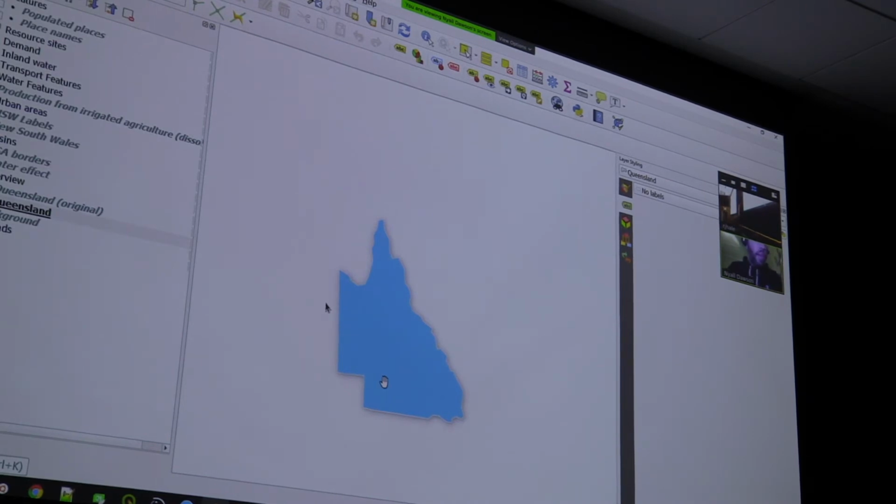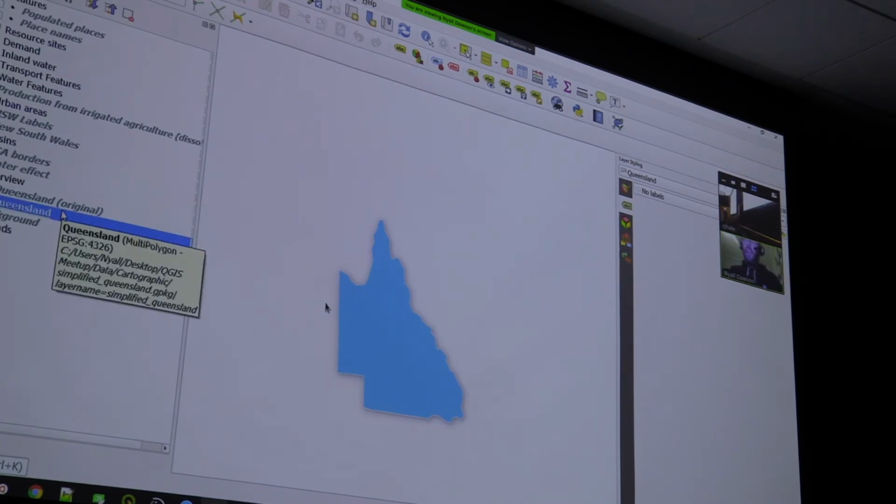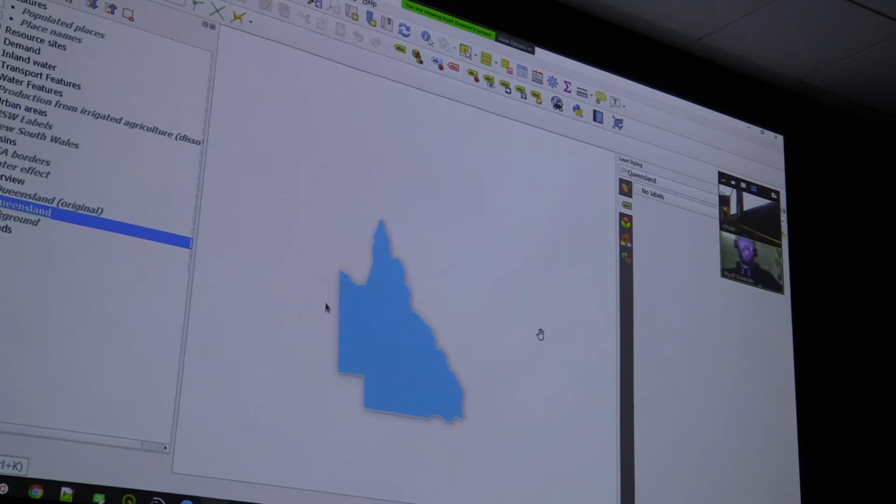Now, the other thing I wanted to show on this as well is whenever I'm setting up labeling on a new project, there's a couple of things in QGIS for labels, when you're making a nice map that you want to look awesome, that you've just got to burn into your muscle memory. So one of